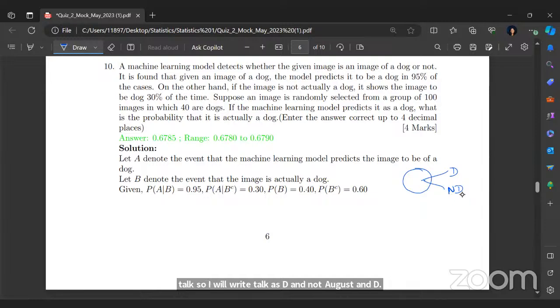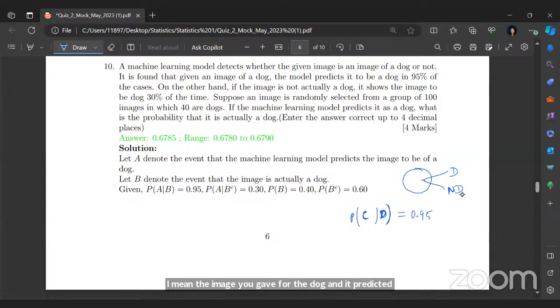Okay. Now it is found that given an image of a dog, the model predicts it to be a dog in 95% of the cases. What we're saying is, let's say the image was of a dog and the model predicts it to be a dog, it is correct. Whatever the model gave is correct. The image you gave was a dog and it predicted it to be a dog,